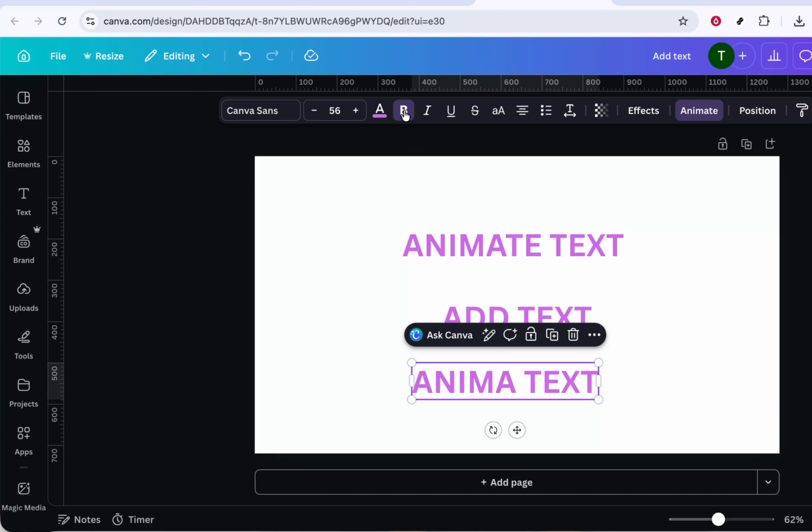If you change your mind or want to remove the bold effect, simply make sure the text or specific words are selected again and click the B icon one more time to toggle it off. That's all there is to it. By selecting your text and using the bold button